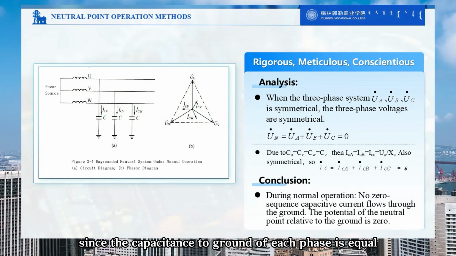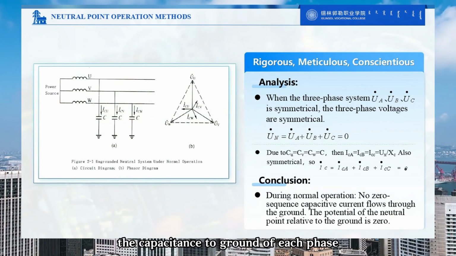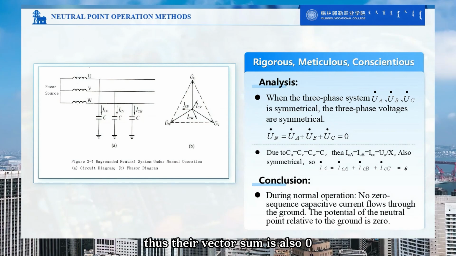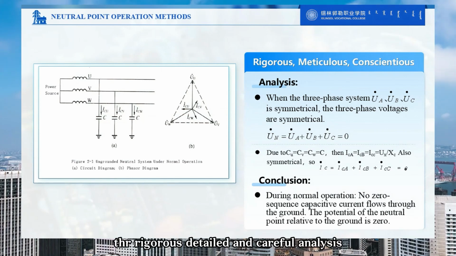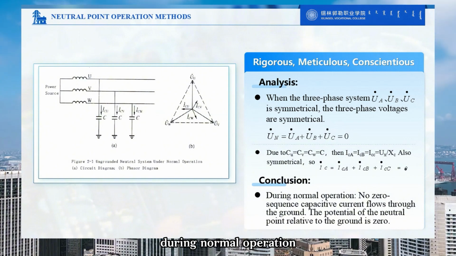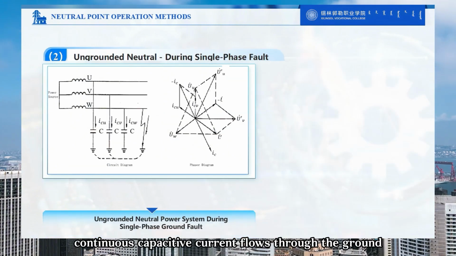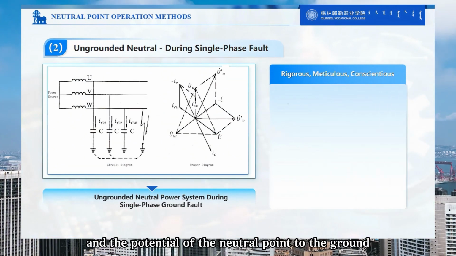Since the capacitance to ground of each phase is equal, it is also symmetrical. Thus, their vector sum is also zero. Through rigorous, detailed, and careful analysis, the following conclusions can be drawn. During normal operation, no continuous capacitive current flows through the ground, and the potential of the neutral point to the